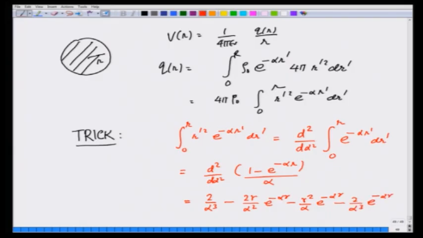So, that is the charge contained in the sphere up to radius r, and therefore, the potential